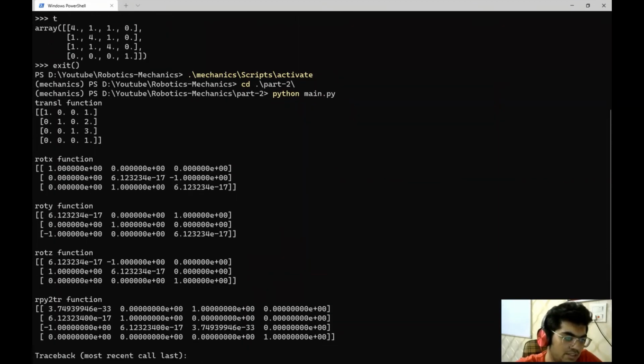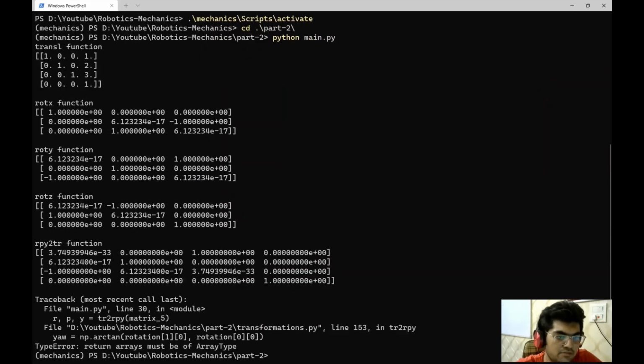And we entered something similar for rotation y, cosine of 90, 0, right? And yeah, it looks good. And rotation z, we have, okay, right.